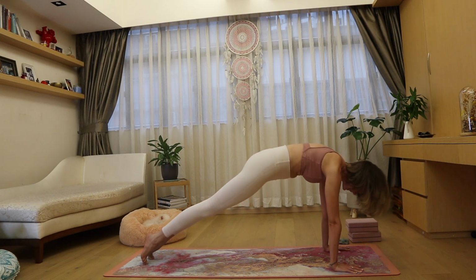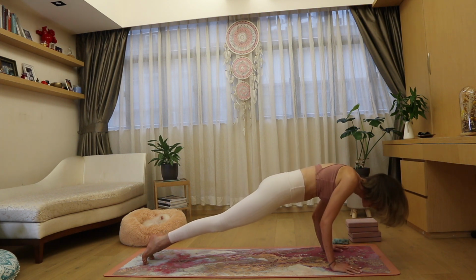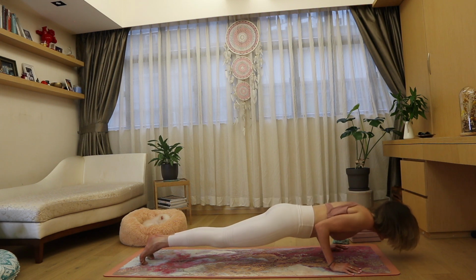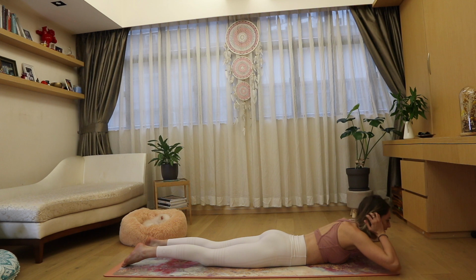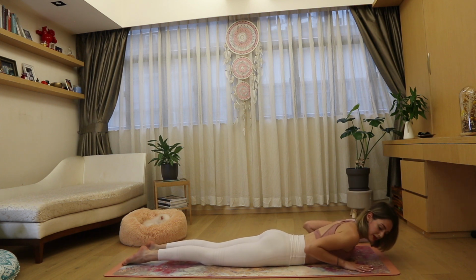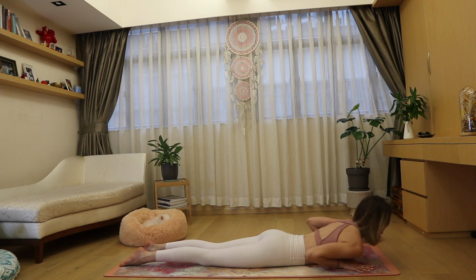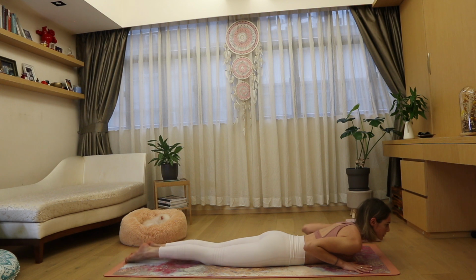So take a deep inhale again. And exhale for 5, 4, 3, 2, 1, all the way down. Very good. We are going to move into our Shalabhasana series. So first variation, bring your hands on the mat directly underneath your shoulders. Good. So for first variation, we are going to lift only the chest